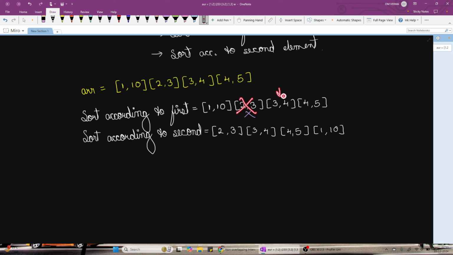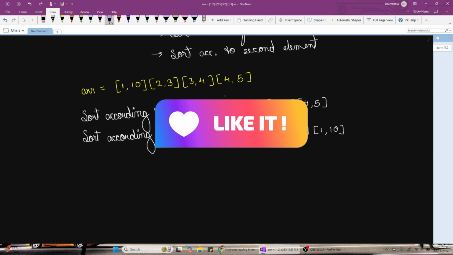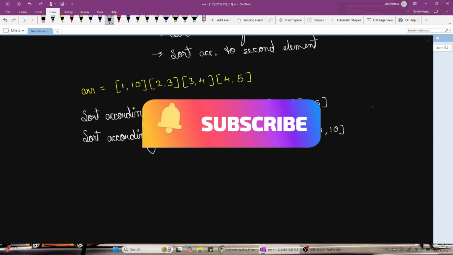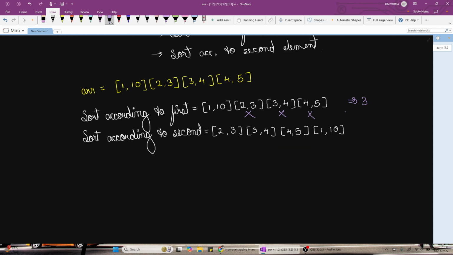Now let's move to 3 to 4. Is 3 to 4 coming in this range? Yes, 3 to 4 is also coming in this range. So let us remove this. Now forget 3 to 4 also. Now coming to 4 to 5. Is 4 to 5 coming in this range, 1 to 10? Yes, it is also coming. So let's remove this. So we have removed in total 3 elements from the array